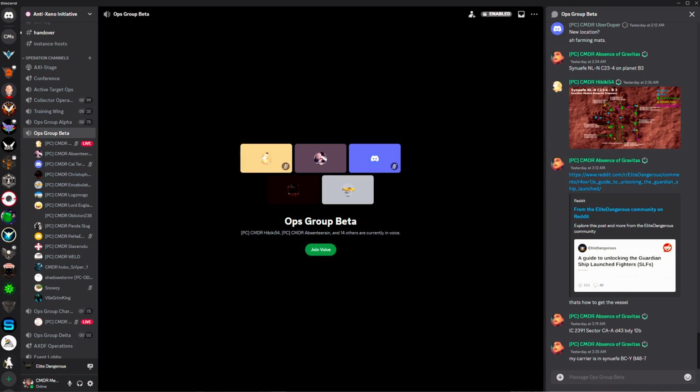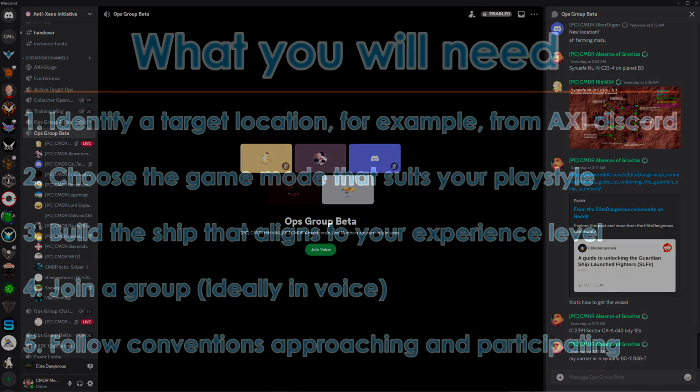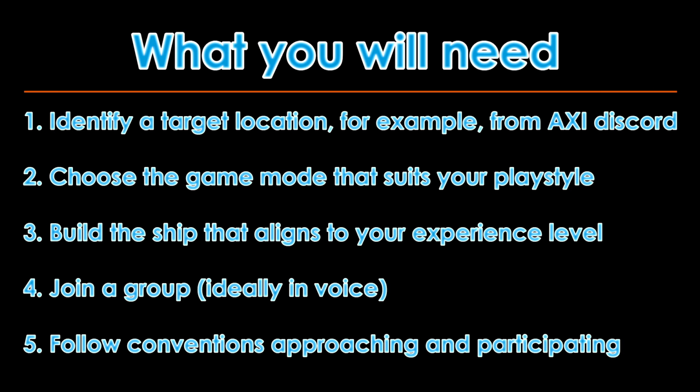The Anti-Xeno Initiative Discord often has one or more groups going on at any point in time. While it's not required for pick-me-up Spires, it really helps. So please do consider it. Once you know your target planet, you've decided on your game mode, you have an idea of the approach you want to take, have a build ready, and ideally you are in a voice channel, then you're ready to set